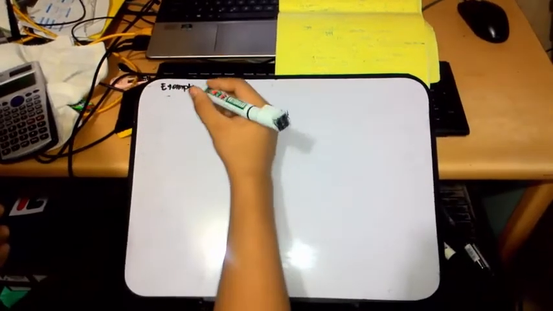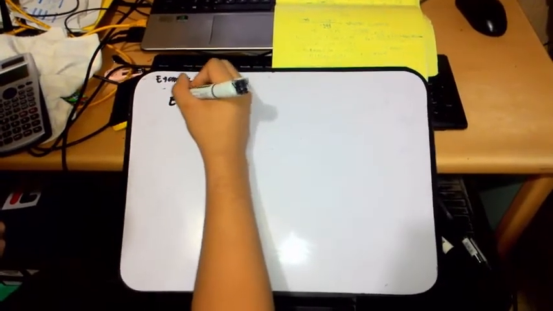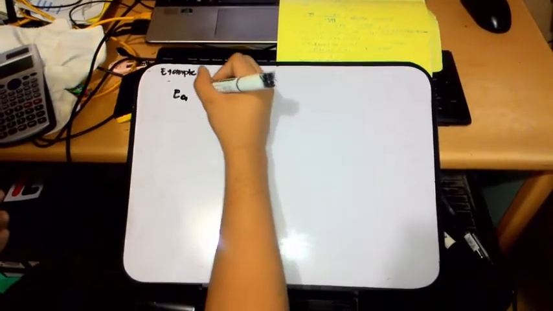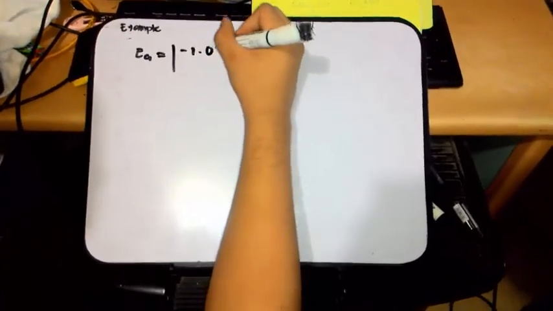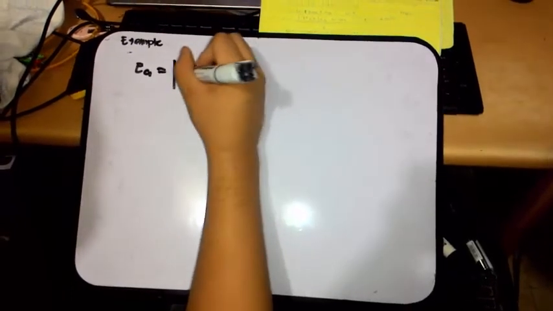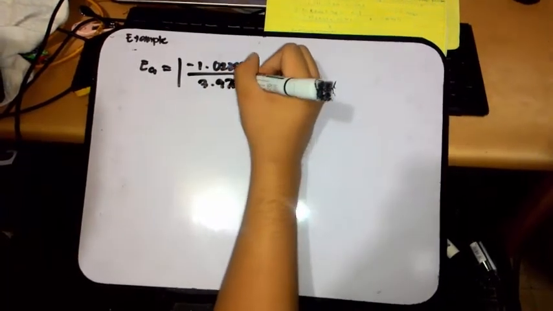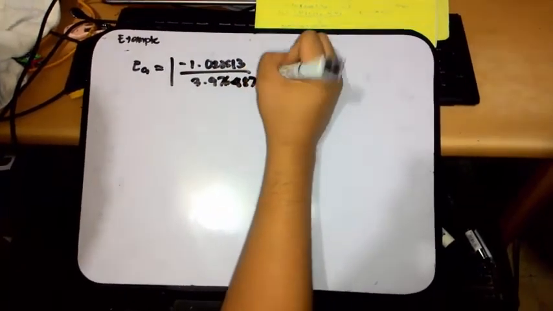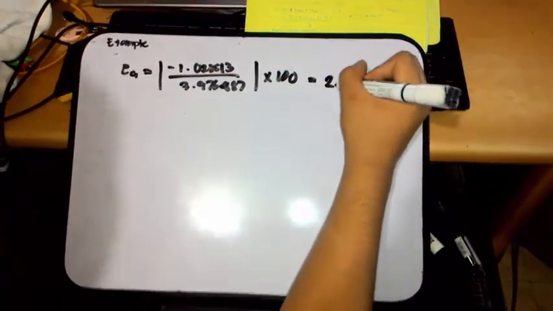Now we can get our approximate error, which is the absolute value of negative 1.023513 over 3.976487 times 100, equal to